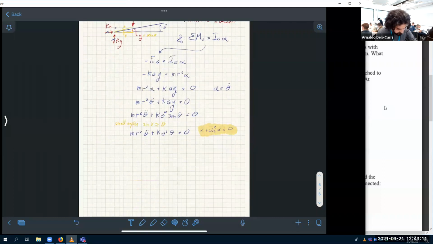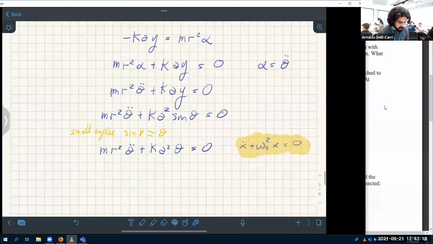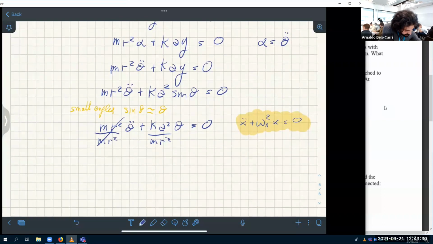What's missing here? We have to get rid of the coefficient of the theta double dot. So let's divide everything by m r squared. Okay, so this goes away. And now the final equation is theta double dot plus this beast